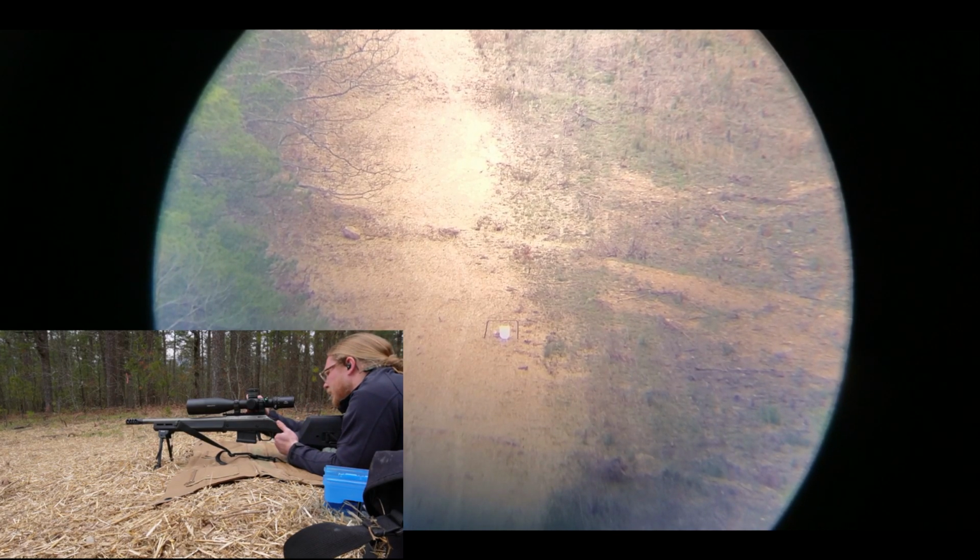Over to the right. Yeah. I told you I could see it from here. Yeah, you can see it kick up from here. There's also like a strange little wave